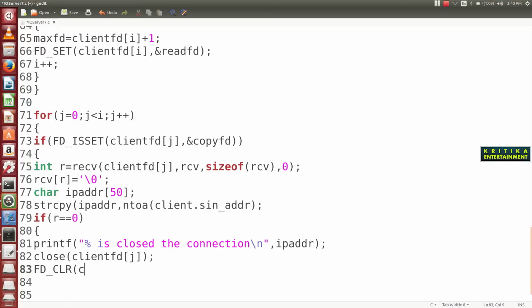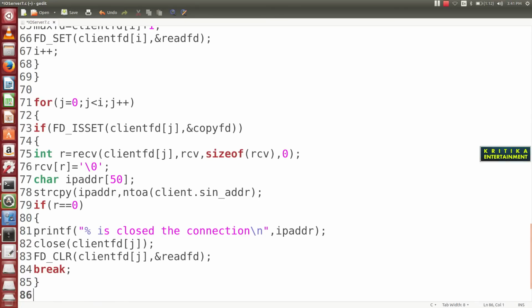What to write? client_fd[j], from where? Directly from the read FD set. It should be removed from the original primary set. So here write break, then close the bracket.